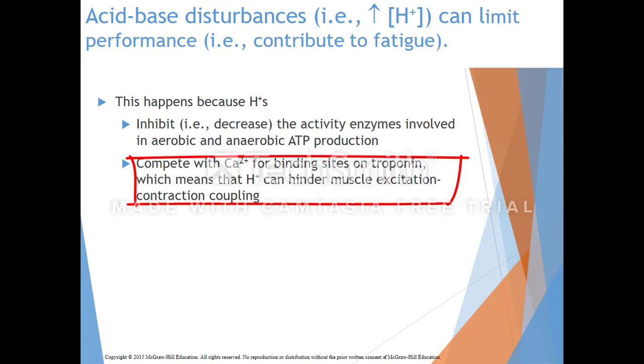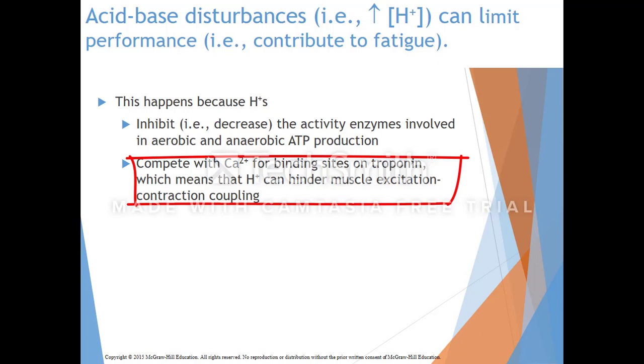If hydrogen is present in the muscle in a high enough concentration, it can bind to the calcium binding site on troponin instead of calcium, so it essentially outcompetes calcium for the binding site. If hydrogen binds to troponin instead of calcium, we don't see tropomyosin moving to expose the active site on actin. If you don't expose that site, then actin and myosin aren't able to interact,